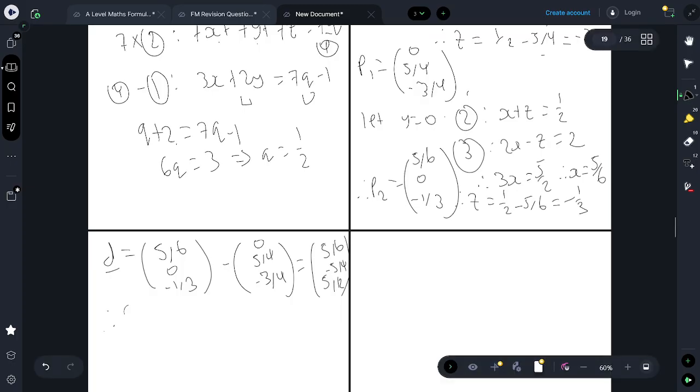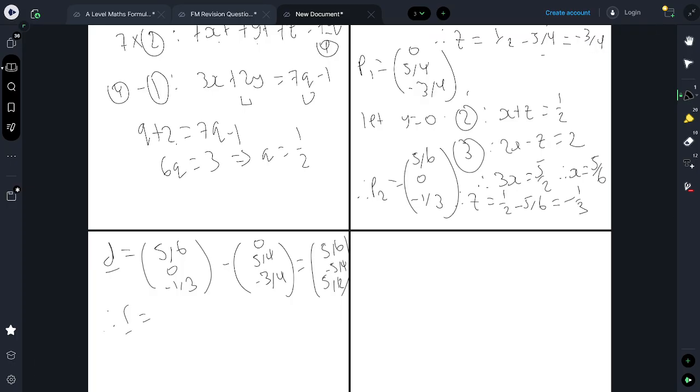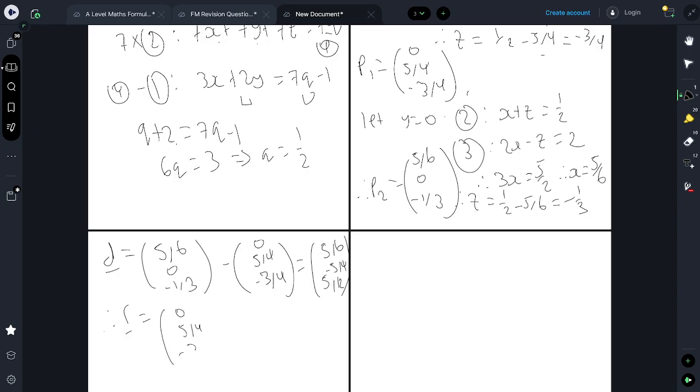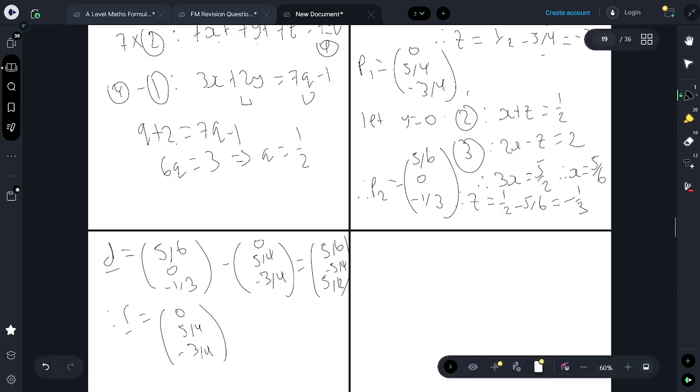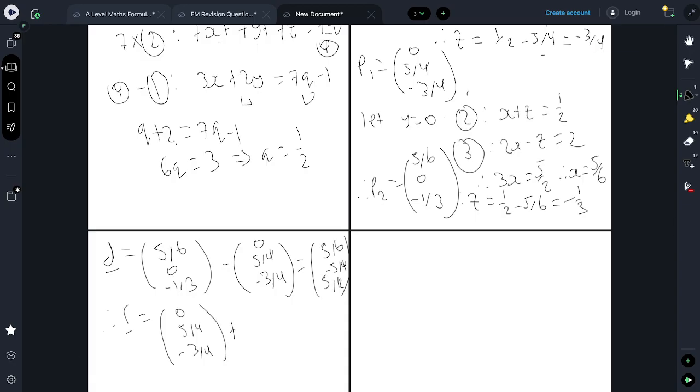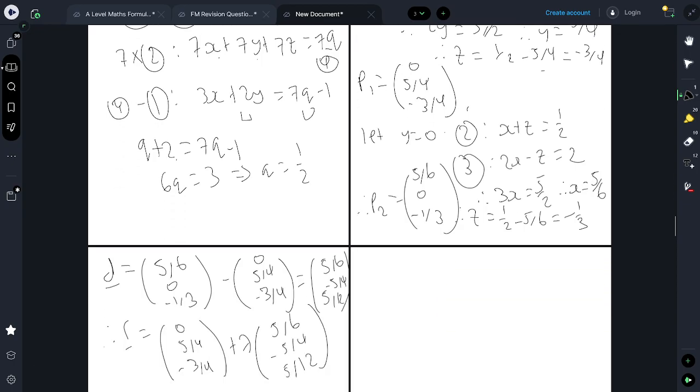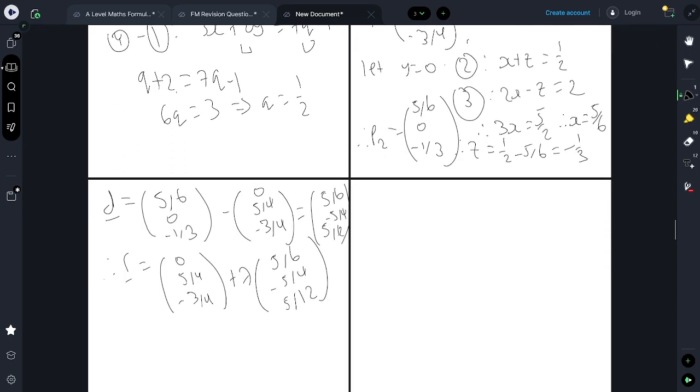And then therefore the vector line would be 0, 5 over 4, minus 3 over 4. Just pick point 1, for instance, a point we know on the line. Add lambda lots of 5 over 6, minus 5 over 4, and 5 over 12. Cool. Now there is an alternative method that I really do want to go over. I think this will help a lot for questions even outside of this example. Let me check that's right first of all. It should be, but